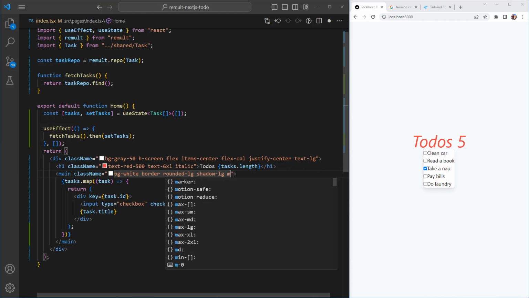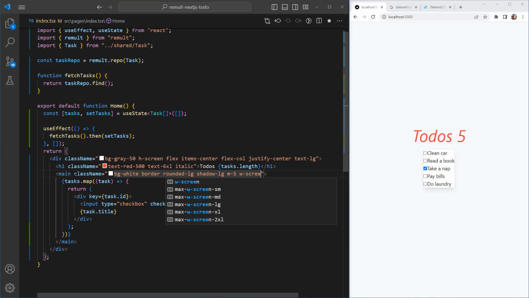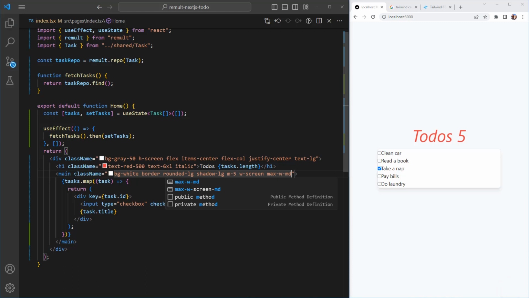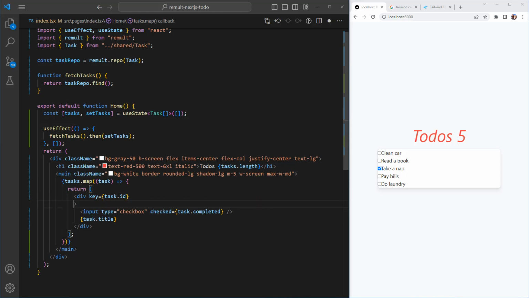Cool. And margin of 5. And we want it to have the full width. But we don't want it to be too big, so we're going to say something like this. That way we can scale it when we grow things. And let's format our divs here. Let's say that we want to have